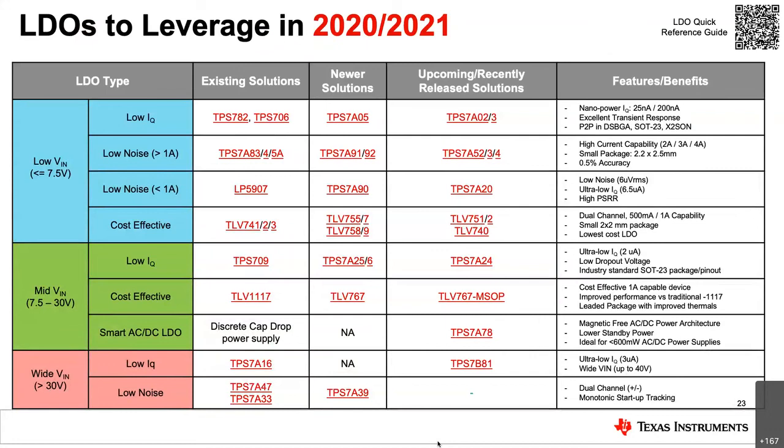Starting on the left, you can select our latest and greatest LDOs based off of your input voltage and socket needs, and then view some of our leading existing solutions and their subsequent next generations, such as our TPS7A05 to our TPS7A02, or the TPS7A8 family to the TPS7A5 family, and even our LP5907 to our TPS7A20. The QR code will also take you to our existing LDO quick reference guide for even more devices to select from.